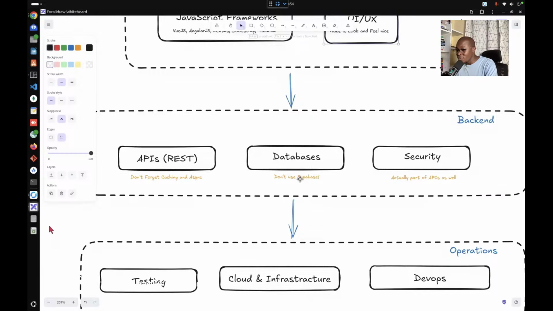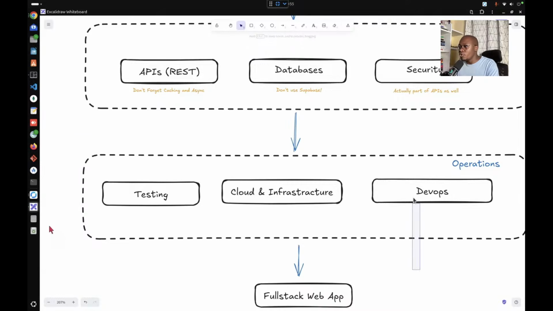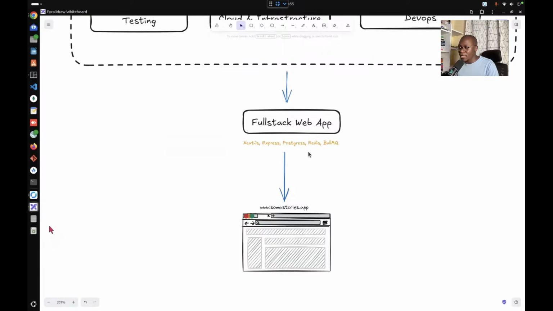And here I've said don't use Supabase. Don't use Supabase. And then once you're done with the backend, you now jump into operations. Okay, so that is now understanding is our code well tested before we make it available to users, and then you dive into cloud infrastructure, you dive into DevOps, and now using all that knowledge, you'll be able to build your own full stack application, like a website, an e-commerce website.